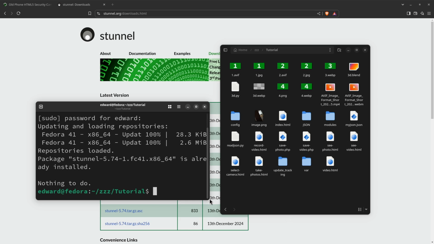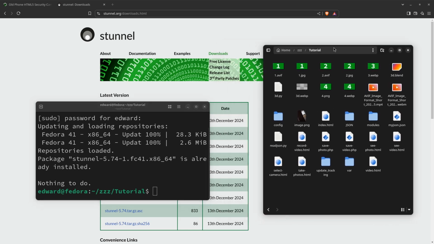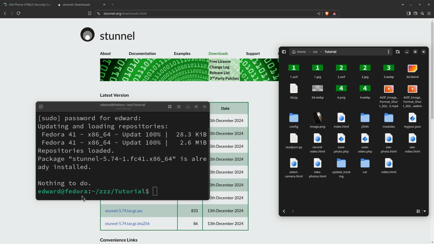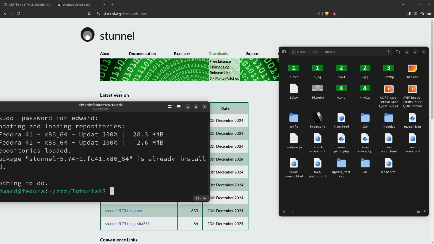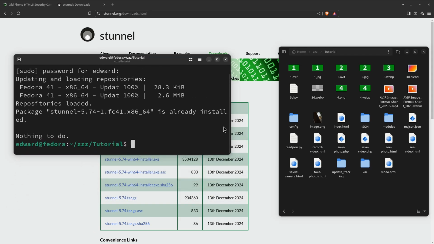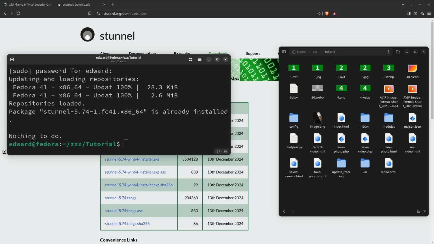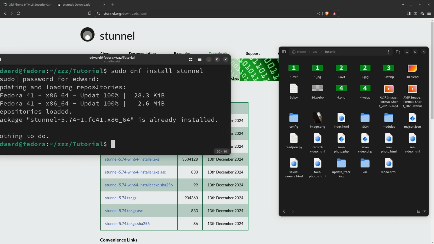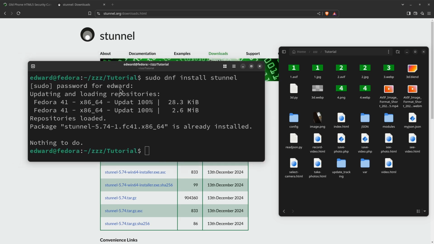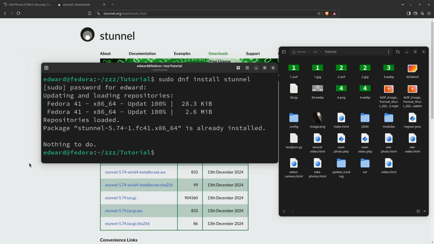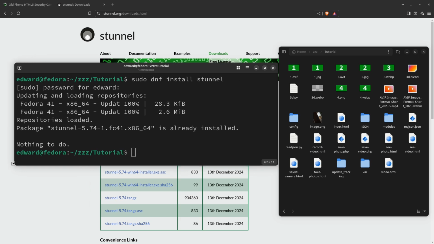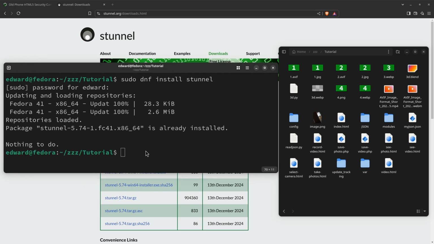actually, let me make this a little bit bigger. Let me put this here. Make this. All right, I think that should probably be enough. Okay, there we go. That should be enough. Okay, so it's